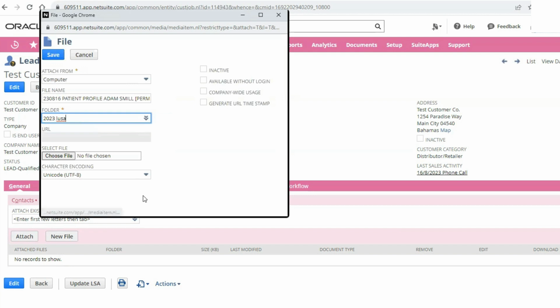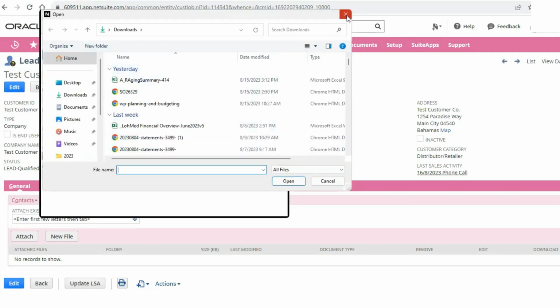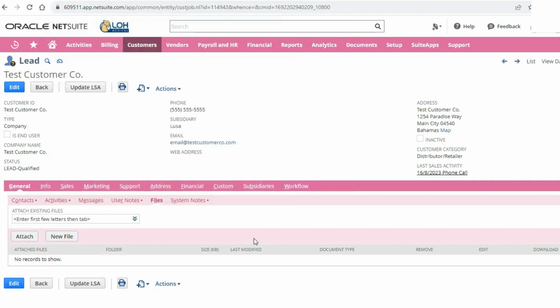So you'll select your folder, and then you're going to choose your file, and that'll just open up your list. And that's it. Then you'll click save, and your file will be uploaded to whatever record you're trying to save things to.